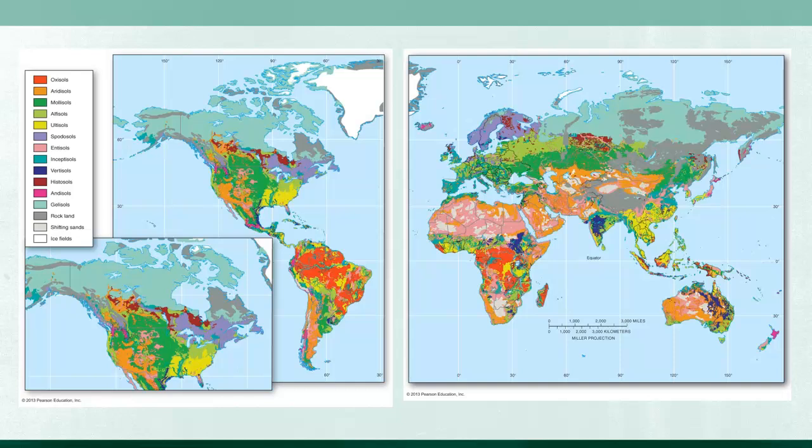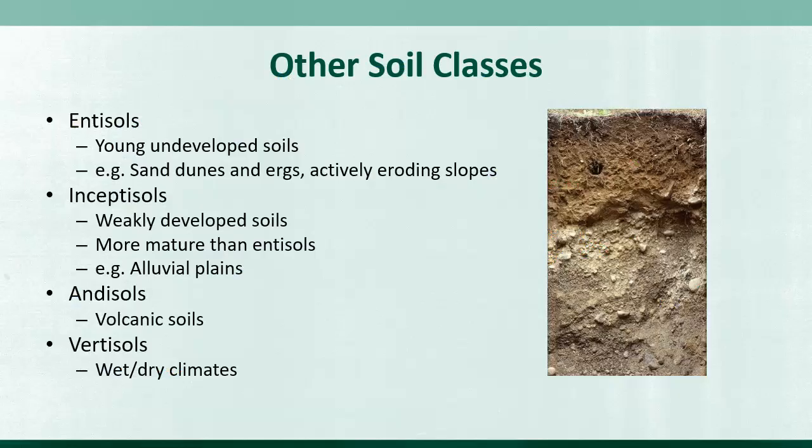Take a look at a map and find where most of these major soil types are and think about those particular soil formation processes. Now, in addition to the major soils I just mentioned, there are some other soils that are definitely worth talking about, including both entisols and inceptisols, which are very young soils. So these are soils that are found in places where you have a lot of active erosion or a lot of stuff being deposited, or in places where you are constantly getting new material added onto it, even if the material is relatively good, like you find in alluvial plains.